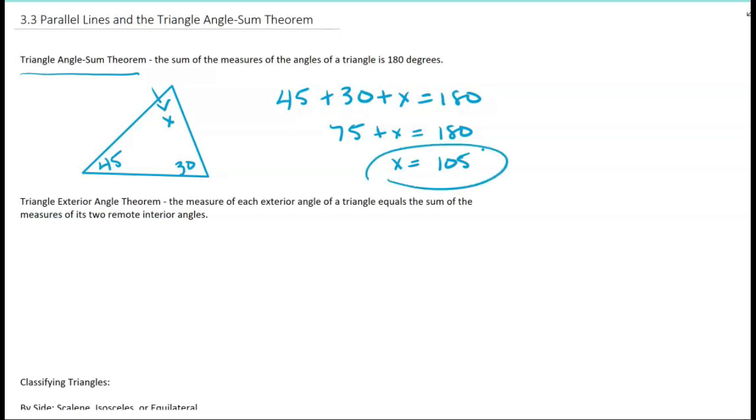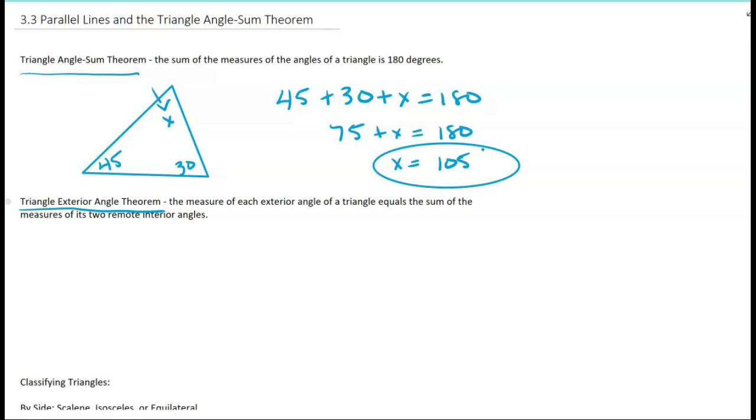All right, so the angles on the inside of a triangle have to add to 180. We're going to use this one a lot, so make sure that you make a good note of it, star it, highlight it somehow in your notes. It's going to be one we're going to use quite a bit. Okay, and then the next one, which we won't use quite as often, but particularly in this section you'll use a lot,